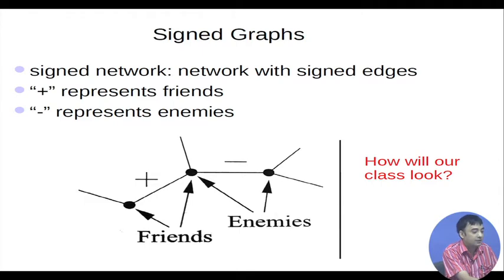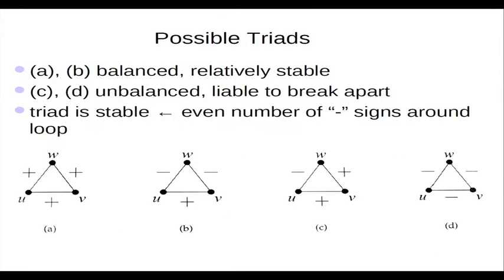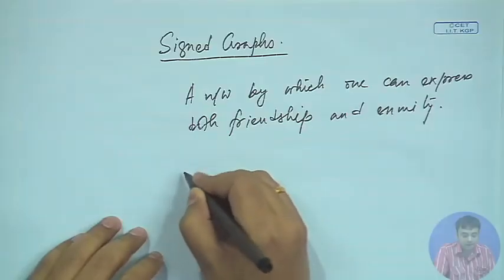And I have this interesting question given our online class. It would be a nice exercise to measure how it will look in terms of this signed graph. Do we really have enemies here? Once we have this concept of signed graphs, the first thing that people were interested in studying was this idea of balancing.